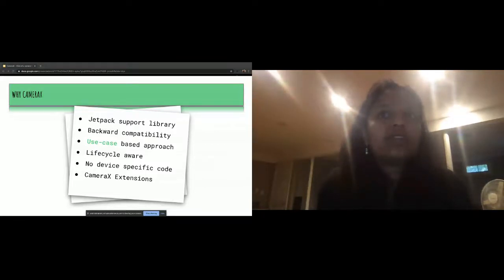So it not only gives you backward compatibility support, but also uses a much simpler heuristic use case based approach, which means all you do is focus on the actual task and the library takes care of internally accommodating that use case on the supported device without you having to write any such device specific code.